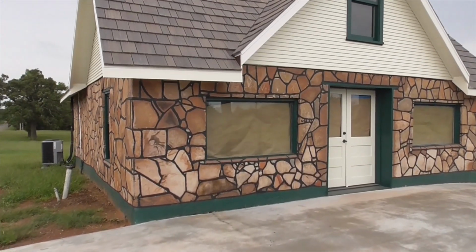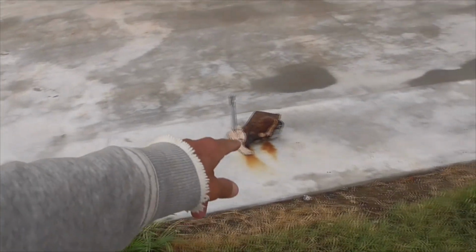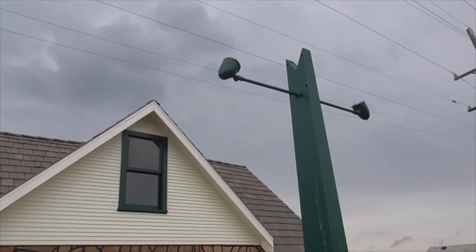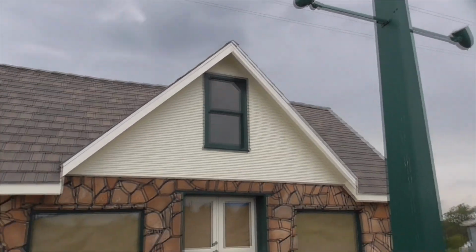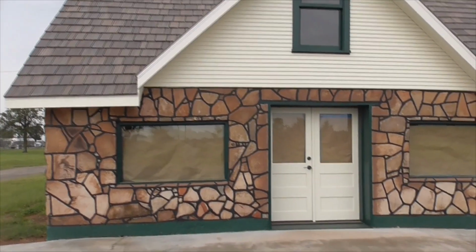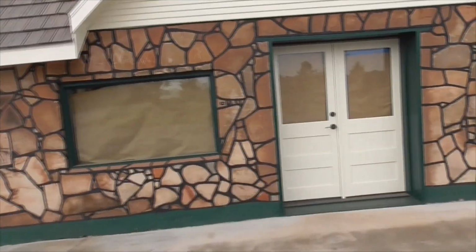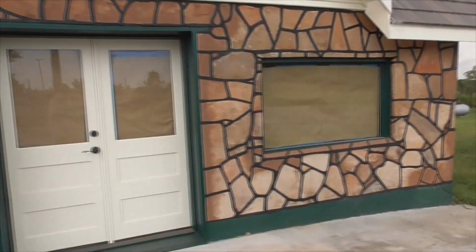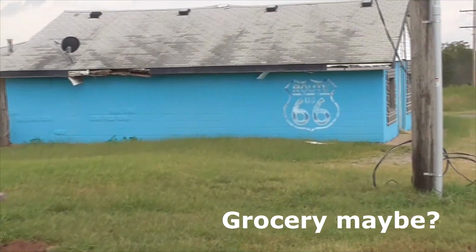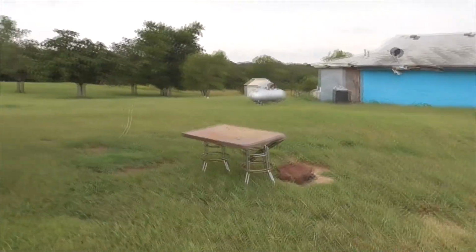So it added a grocery in 1935. It's a gas pump island here. Cute little lights up here. And in 1937, the cafe was added. It's nicknamed the Junior. Right inside here, I think the cafe was here. And this building, I believe, was the grocery. Right here. So pretty much,